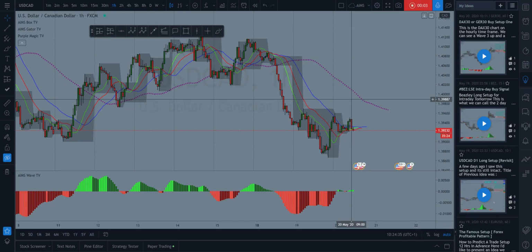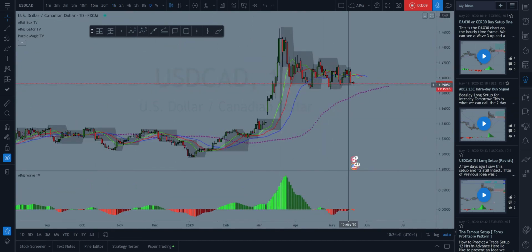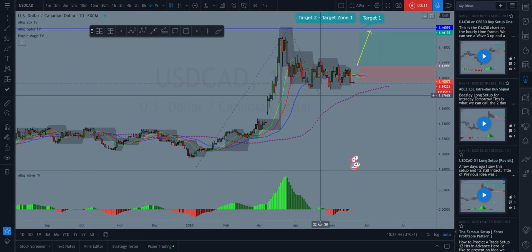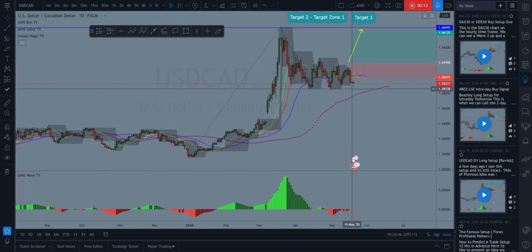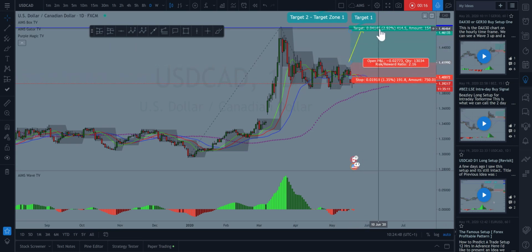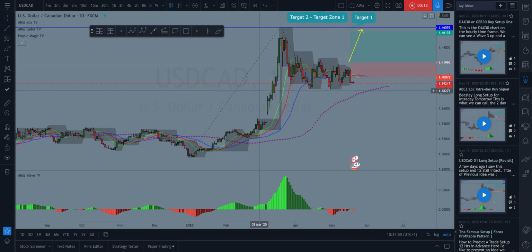USDCAD. I have another video on the daily chart. Let me just quickly show you. The idea there is that on the daily chart, if price goes up, there's a chance of that. The link will be in the description. But meanwhile, on the hourly chart, although price is right at the bottom of